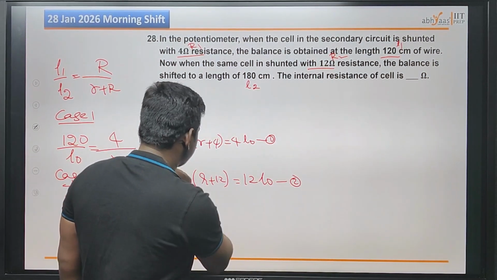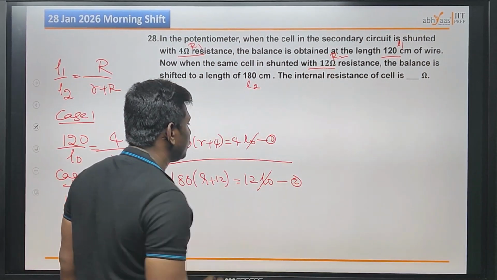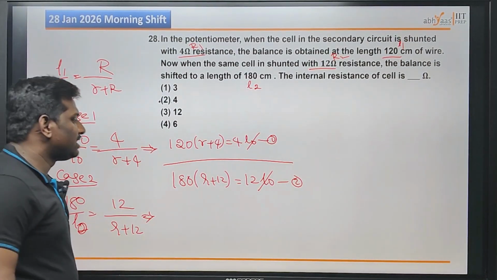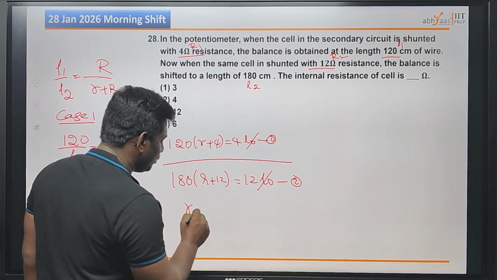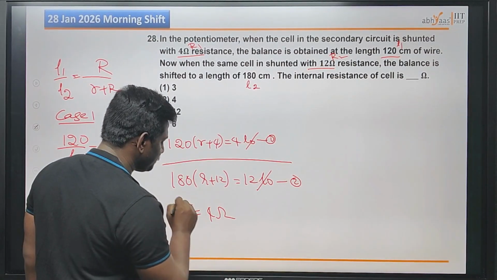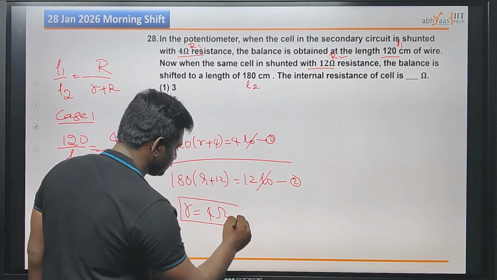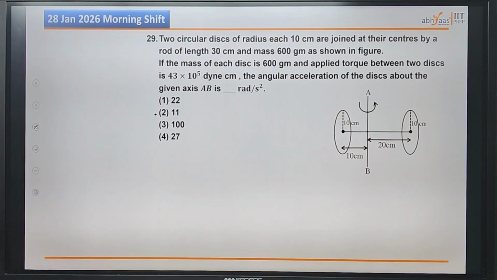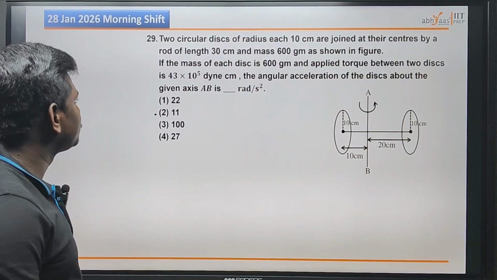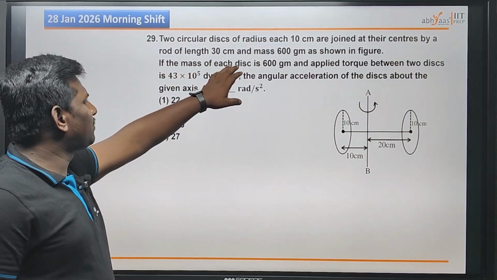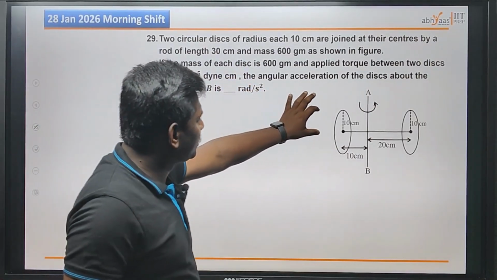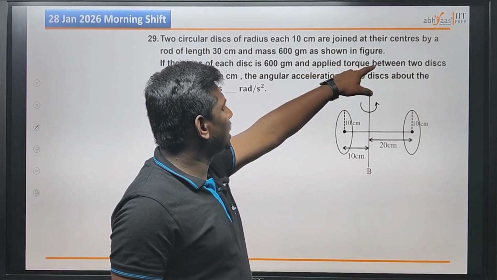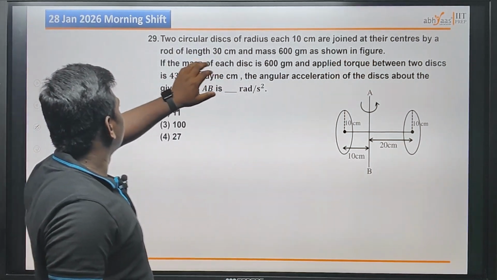So 1 by 2. If you cancel and rearrange the things, you will get the answer r equal to 4. This is your answer, r equal to 4. Next, 29. Two circular discs of radius, they have given radius, are joined at their center by rod of